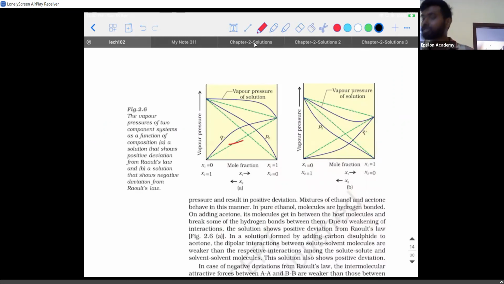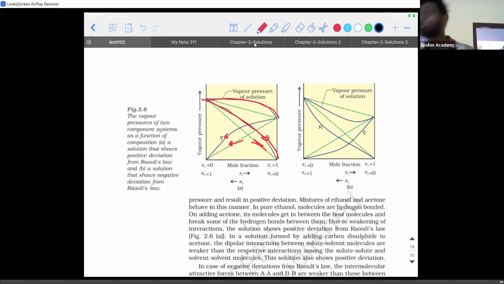Now the first graph which is given to you, looking at the graph, tell me what it is. Absolutely positive deviation, because you see this line is the line for P2. But what did you expect? The vapor pressure has now increased, is it not? So obviously it shows positive deviation. This curve you see here is the positive deviation curve for 2. And for the other curve, again, this is the expected vapor pressure, but what I see in reality is higher than that. So again, positive deviation. Even the P total graph is also like that. All are as expected from the equations you saw for positive and negative deviation.